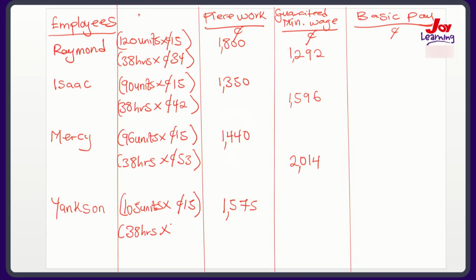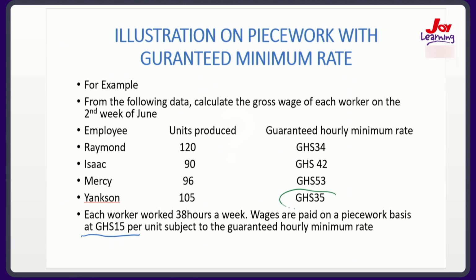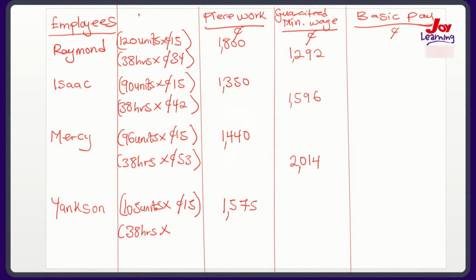multiplied by the rate given to Youngson, which is 35 cedis indicated here per the guaranteed hourly minimum rate. So we multiply the 38 hours worked by each employee for the second week of June by the 35 cedis given to Youngson. So 38 hours multiplied by the 38 cedis. Sorry. The rate is 35, so we multiply by 35 cedis. So we have 38 multiplied by 35 cedis, giving us 1,330. 1,330 cedis. So, as I indicated earlier, when an employee produces beyond the guaranteed minimum rate that has been set